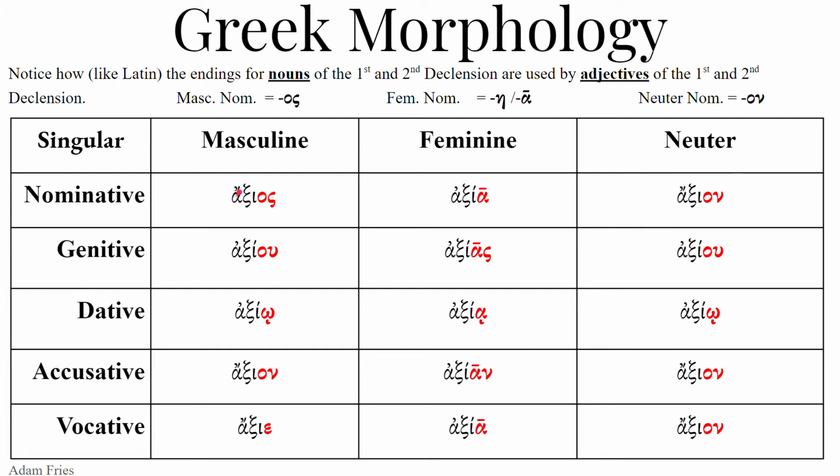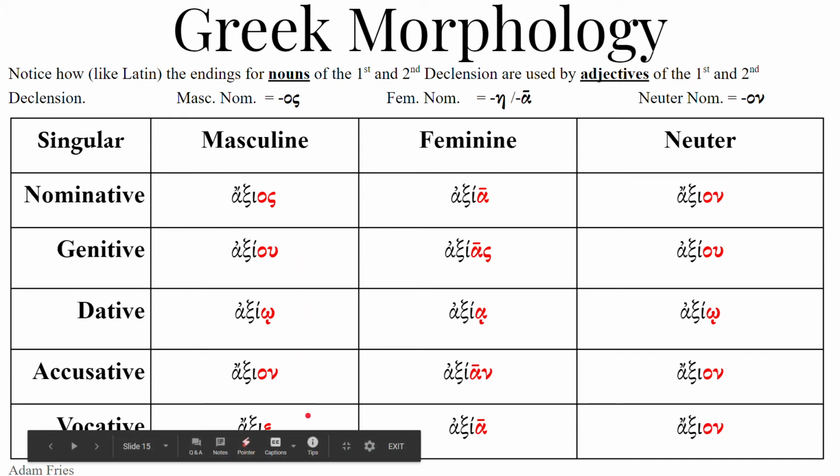Now, if we change the quantity of the ultima from short to long, then the accent can no longer stand on that antepenult. It's like the word anthropos. In the genitive anthropou, the accent jumps to the penult, like it does here. So, axios, axiou, axioi, axion, axie,